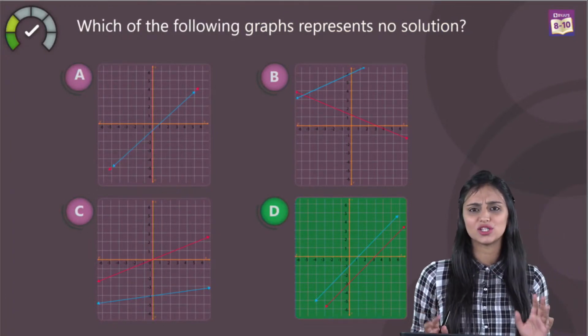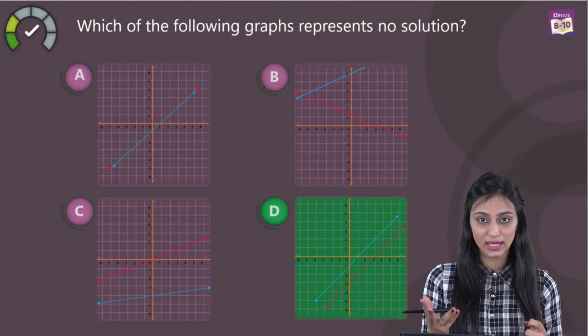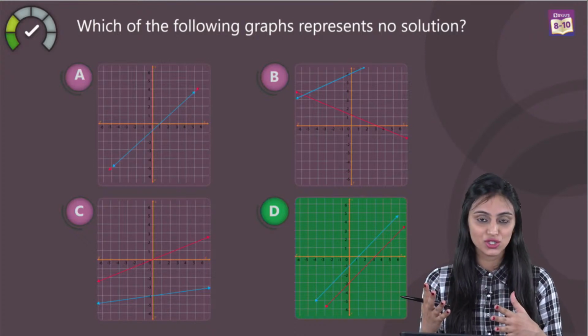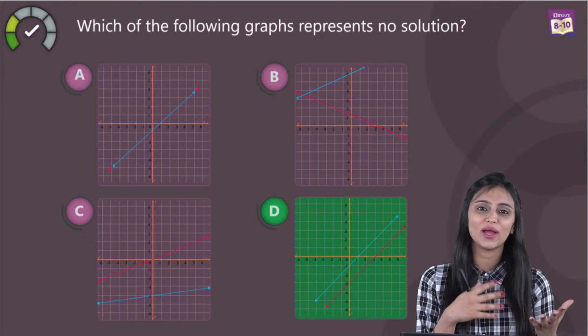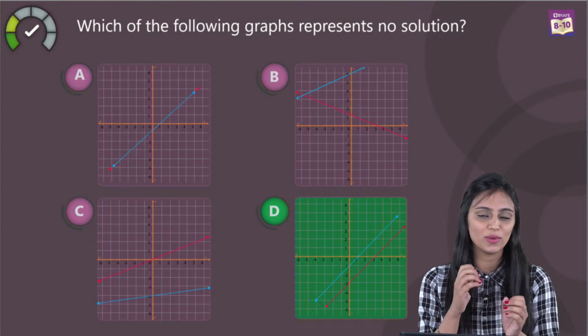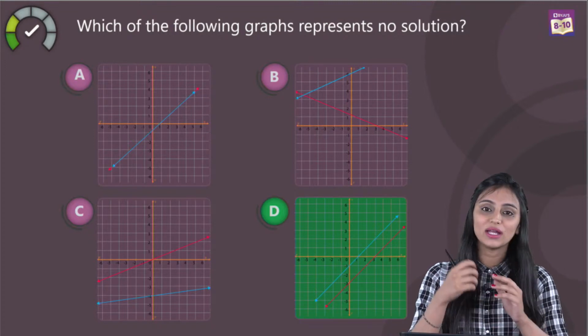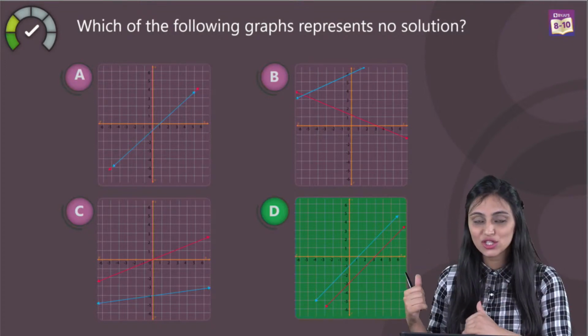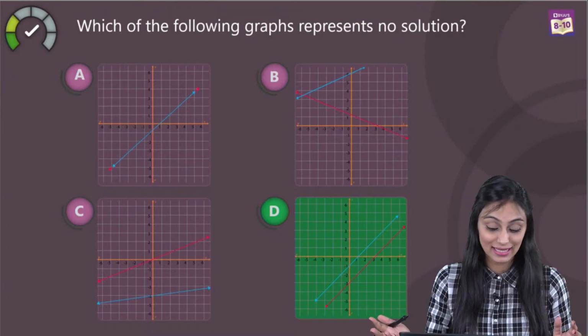Now this was a simple question. You can answer that in just a few seconds. Although we have to answer 40 questions in 90 minutes, so for every question approximately you are getting 2 minutes, 2 minutes 25 seconds. So whatever time you save on these easy questions, you can spend on the tougher ones, right?